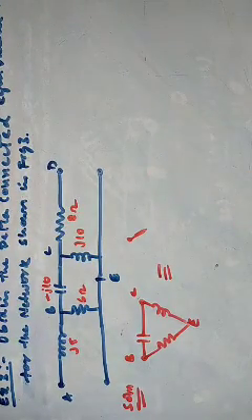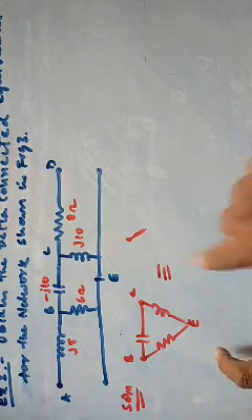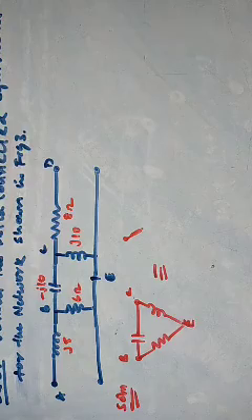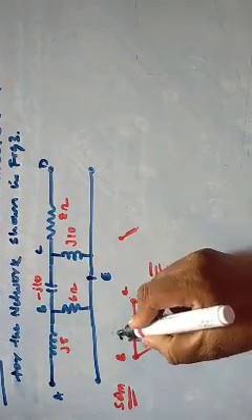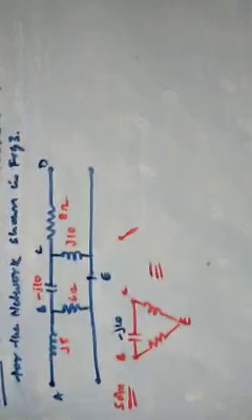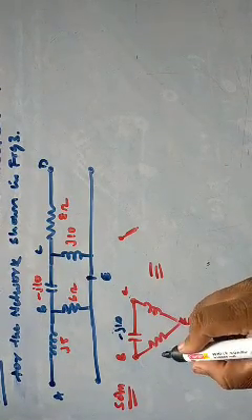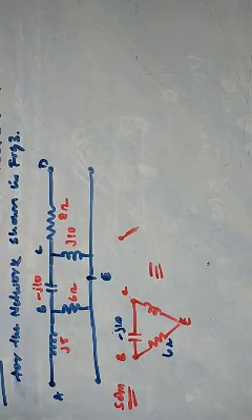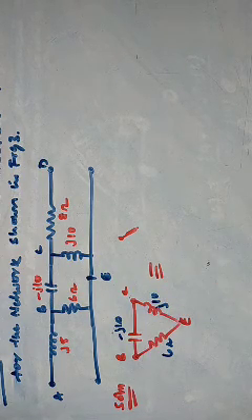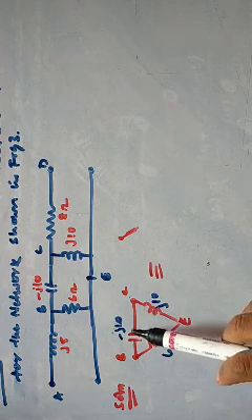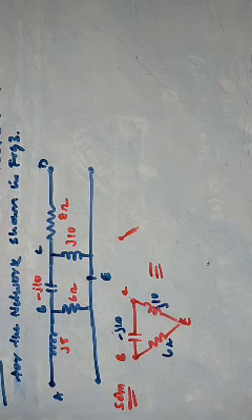To solve, first I have to solve the inbuilt delta network here. That is B, C and E, which is the delta network given. B to C is minus J10, B to E is 6 ohm and C to E is J10. If it is a capacitance, it will give the minus symbol; inductance will give the plus symbol. This has to be converted.